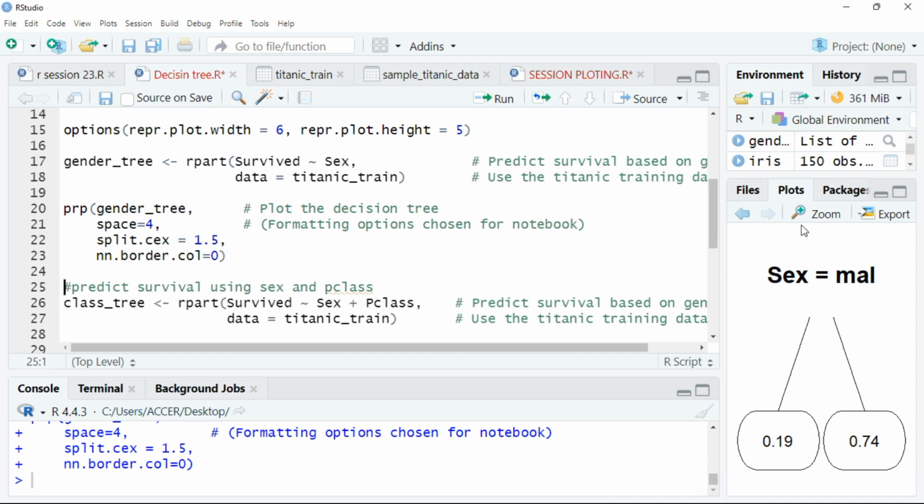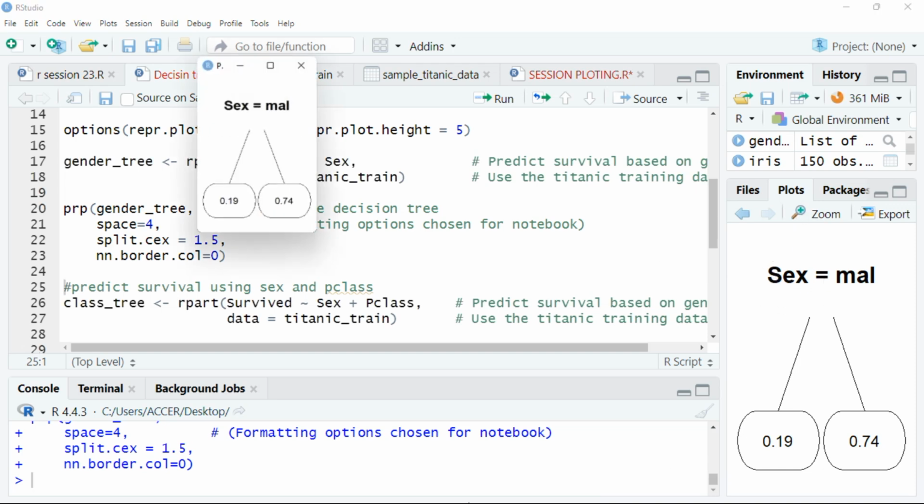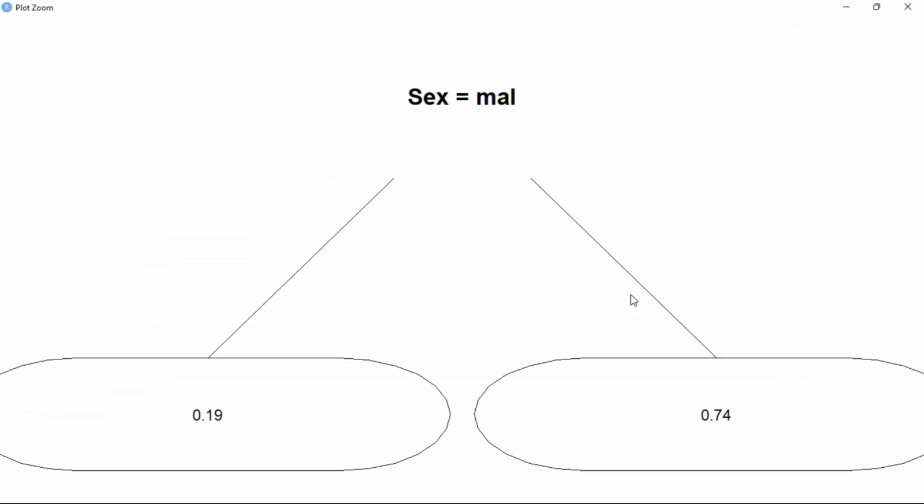So this is the outcome. I will enlarge it. So this is how it is. So the sex, that's the male. I think there was an error, I didn't write it. So there's supposed to be a yes. So the male, and yes, and no. You get me? Yes, and no. So with the yes, you can see that for males, their survival rate is 0.19. And for the females, their survival rate is